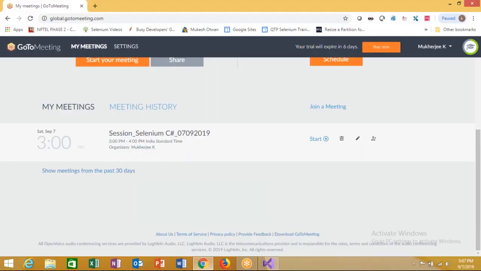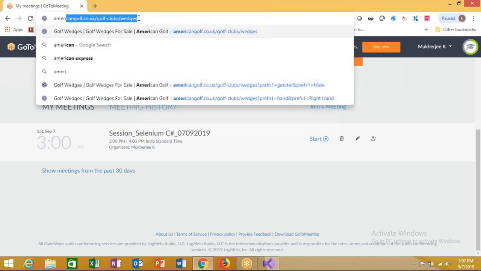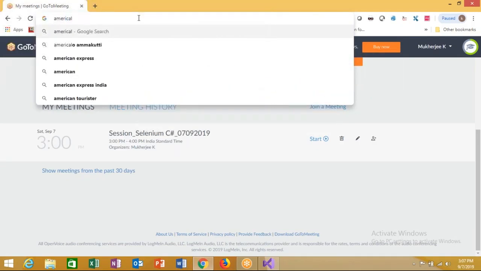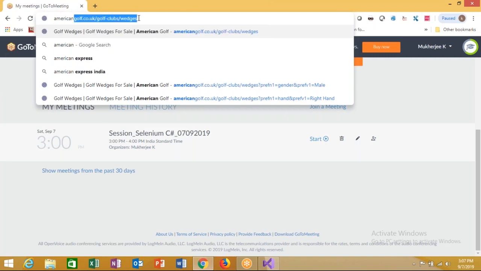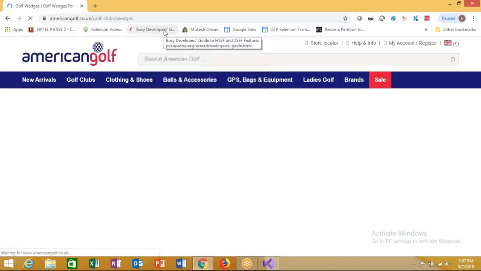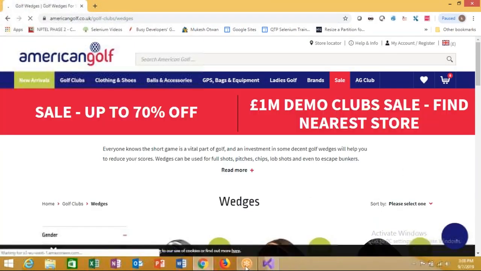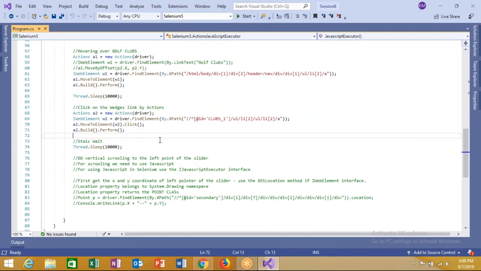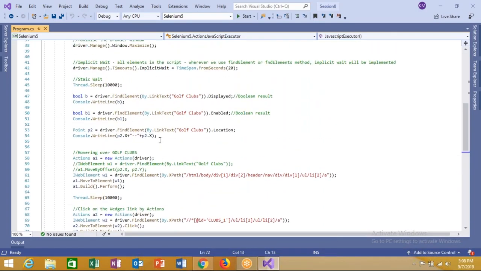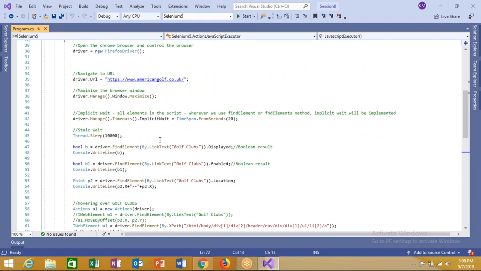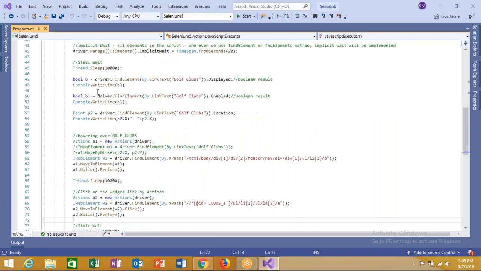Last time I was going through this particular instance in which I was supposed to hover over these golf clubs, and there's a continuous problem which is coming. These golf clubs hovering. So that is how I wanted to take the x and y coordinate of this golf clubs area, and then based on the x and y coordinate, you are supposed to click on that. Okay, so